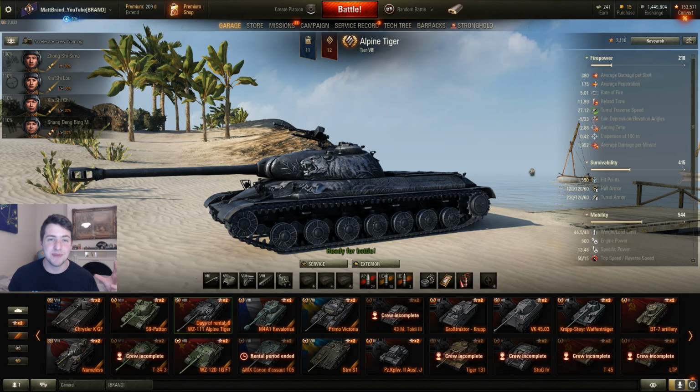Now, something to keep in mind is this is pretty much the exact same tank. In fact, it is the exact same tank as the standard WZ-111. So that's something you should keep in mind as well. This is not something where you should think, oh, it's probably better or it could be worse. It's literally the exact same. Obviously, it's got a different paint job on it, but that's literally it, except for one critical thing,